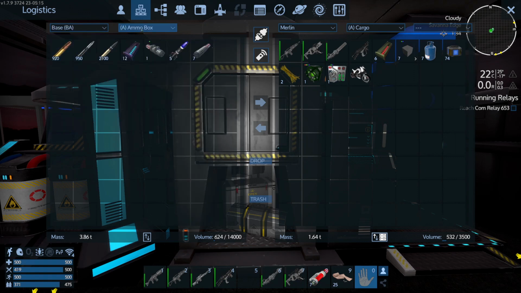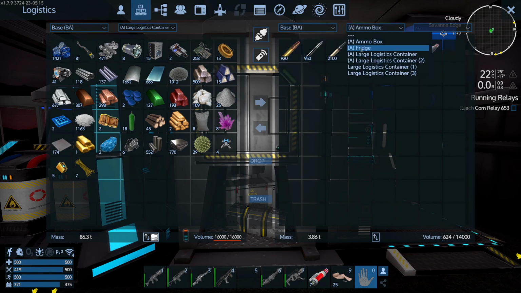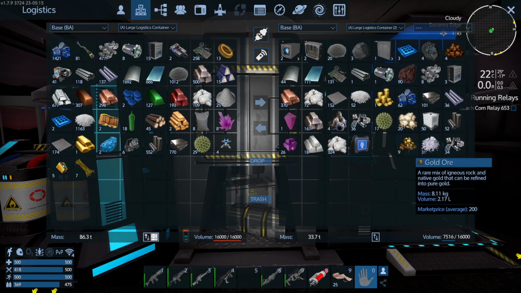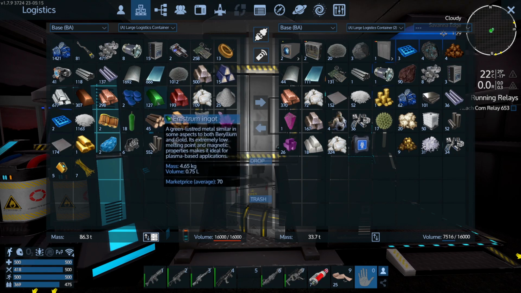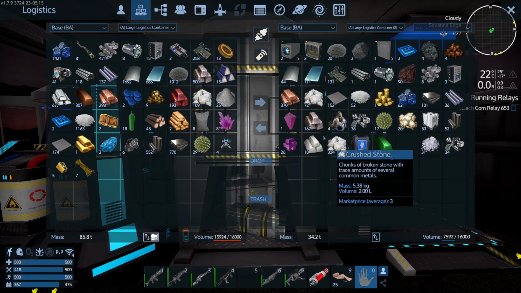Base... Logistics container. I must admit, I'm not completely conversant with the... We got some gold ore. We have to take some stuff out. Well, we don't need the Esterum. If we put the gold in